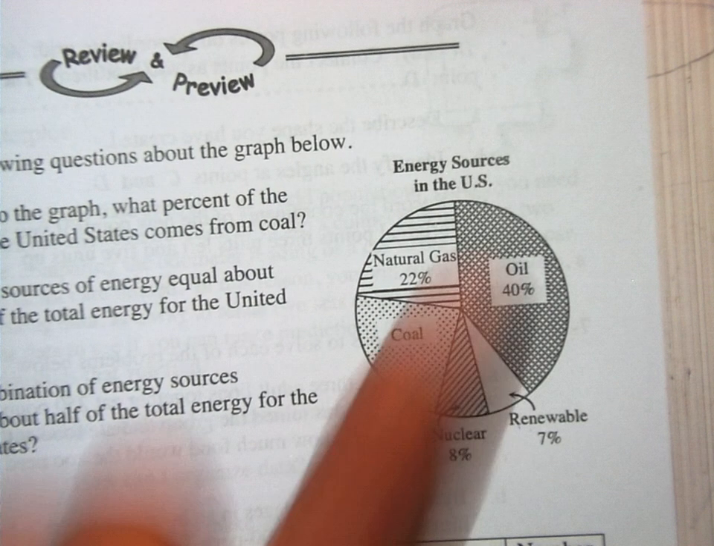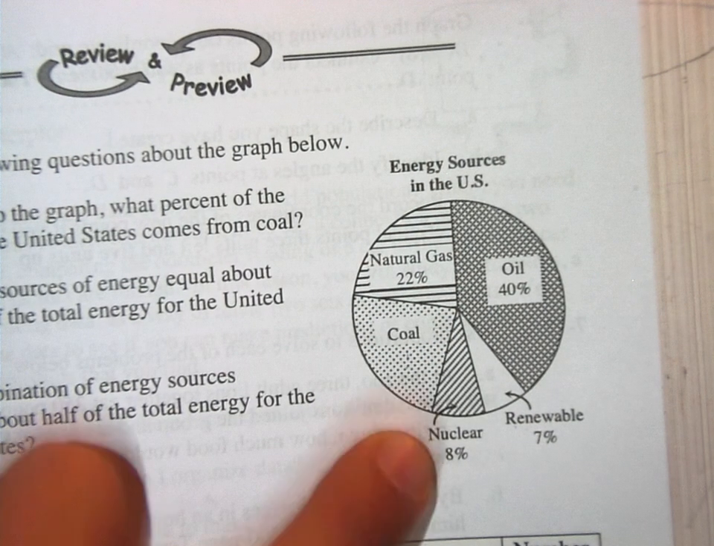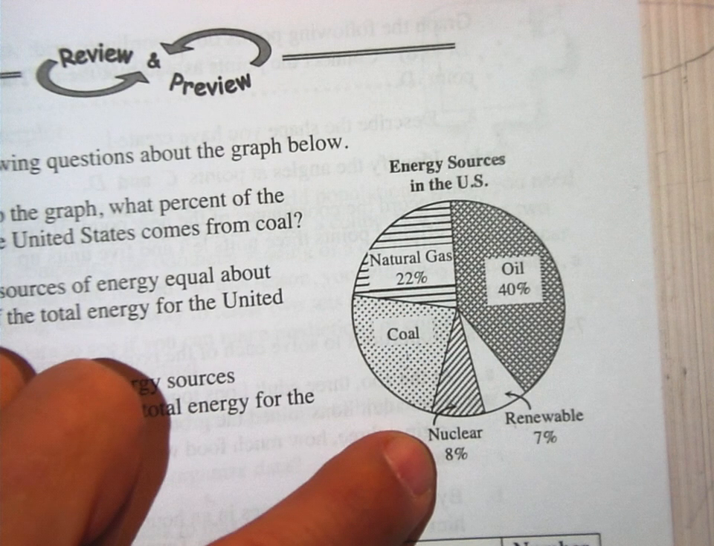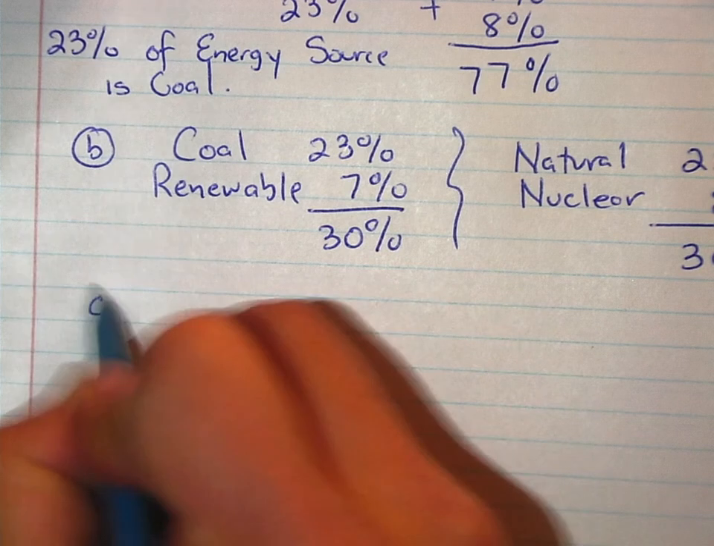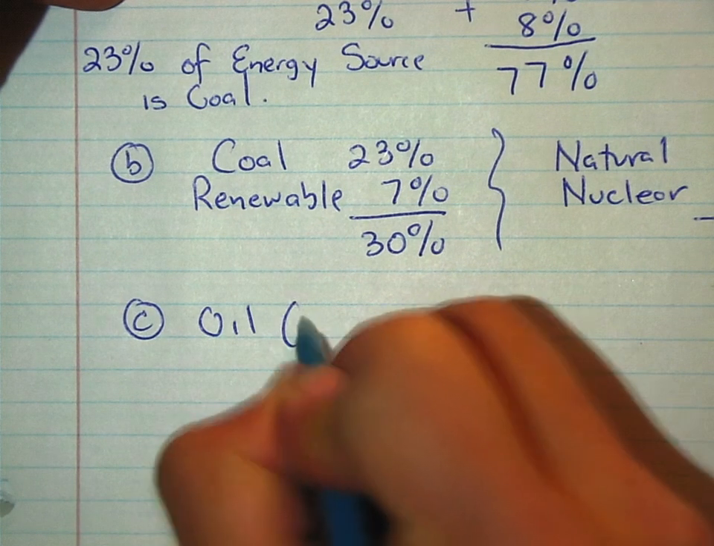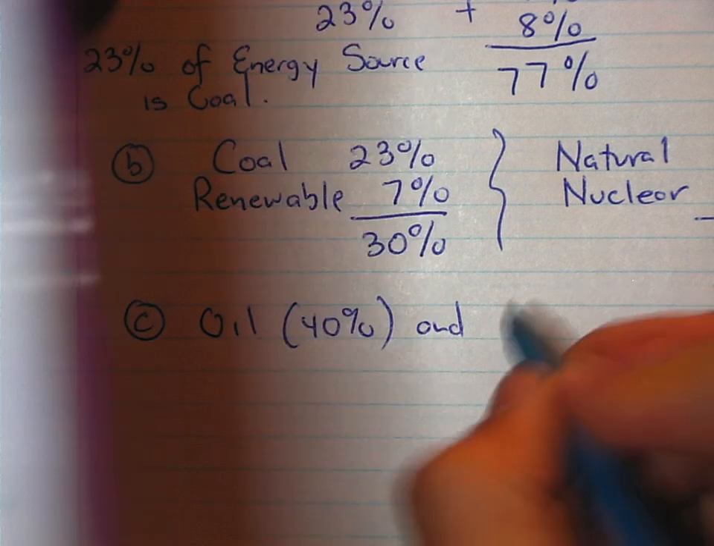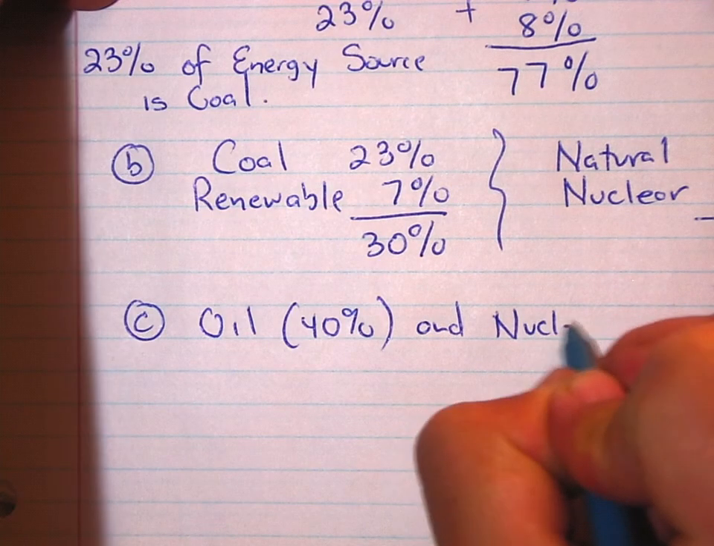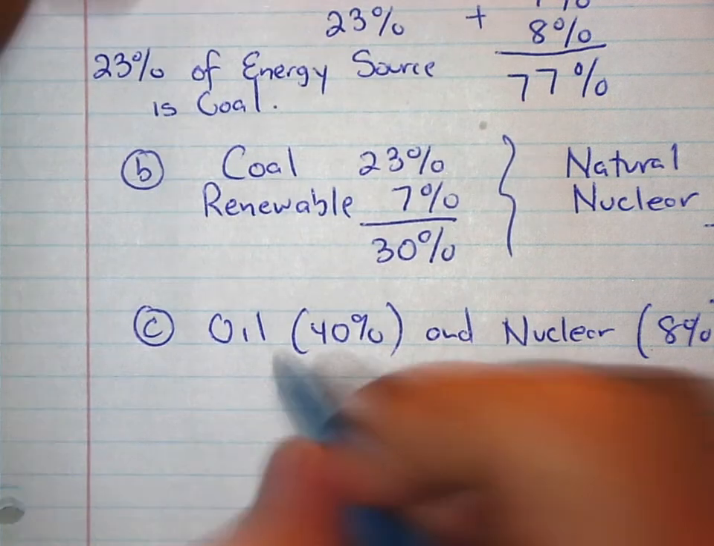Oil and nuclear. Oil and nuclear, that would be the closest, right? Because oil is 40 and nuclear is 8%. So there's my answer. So C. There you go. Oil, which is 40%, and nuclear, which is what? 8%, will provide, and then you got to write in a sentence, will provide